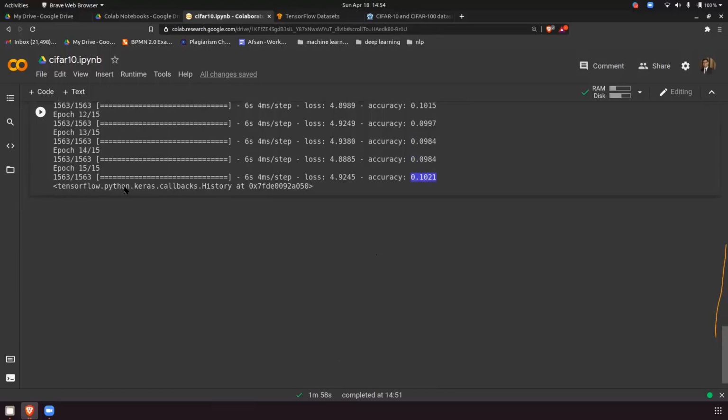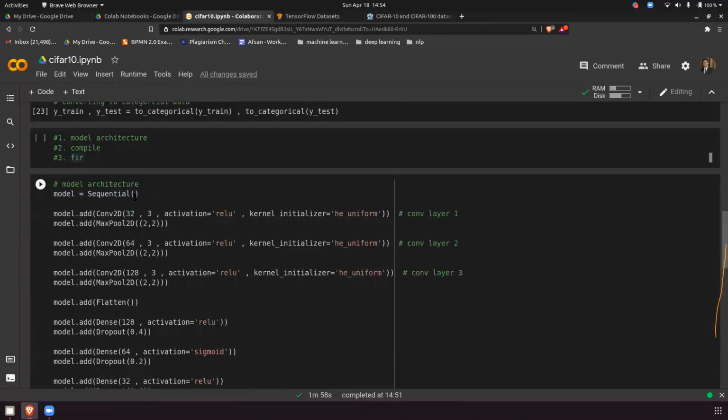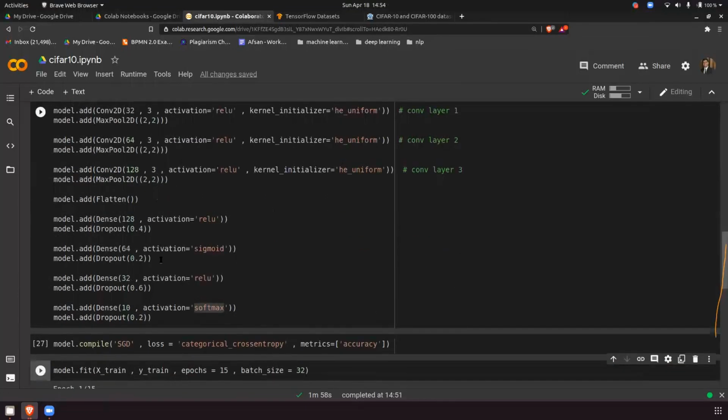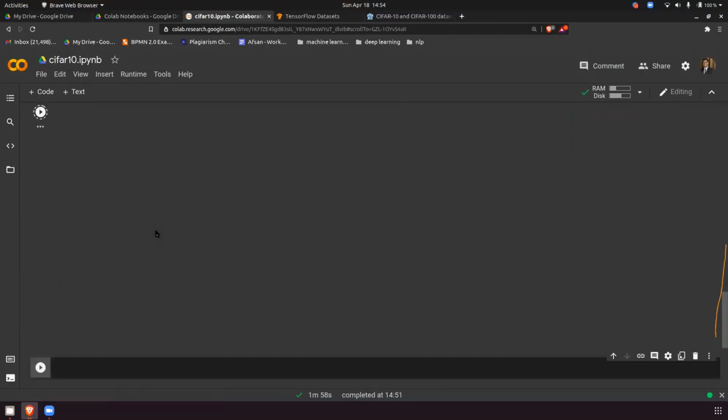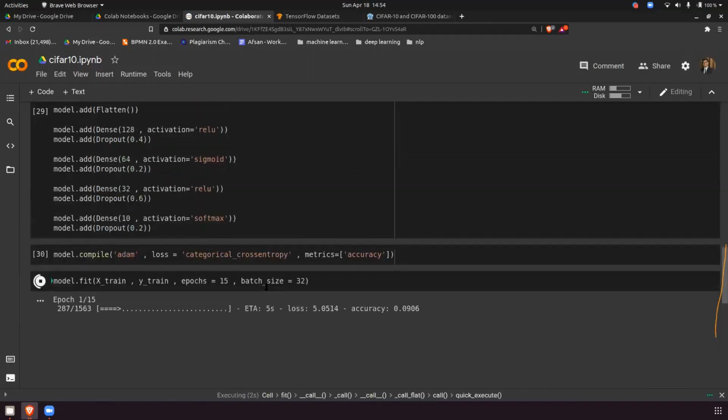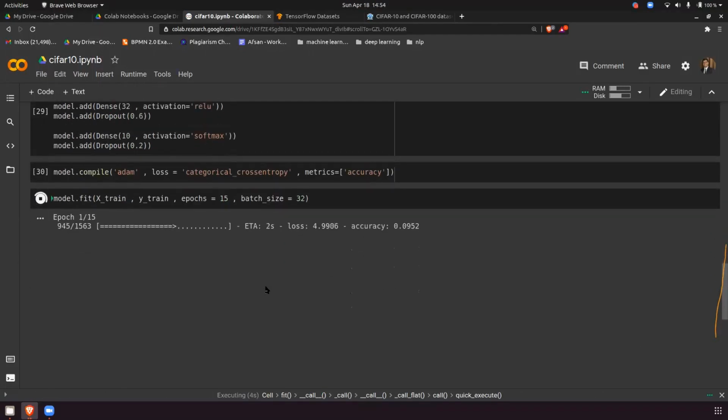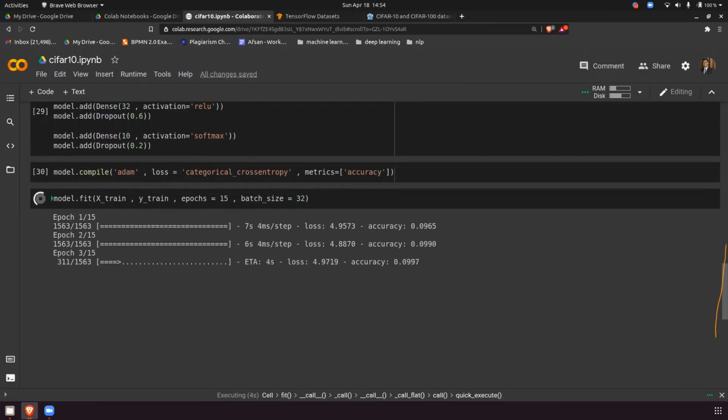This is because we have taken some random values. Now we have to play with these values. I will tell you what I'm doing here. Okay, so this is also accuracy.